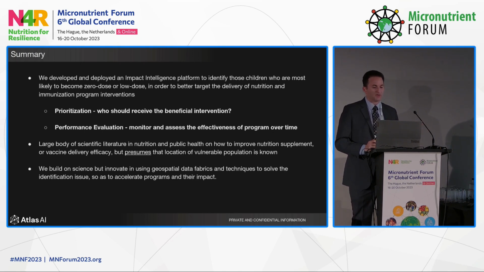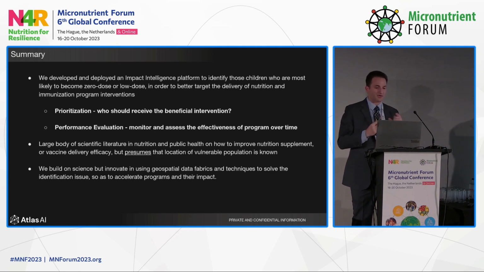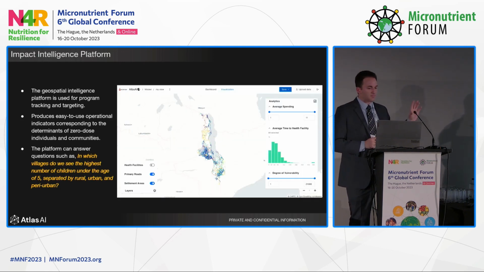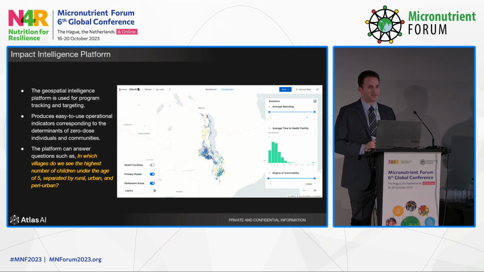So the goal was relying again on literature to develop an ontology with, in this case, about 20 different input data sets that combined together in order to create a proxy for vulnerability at the village level across a number of countries and theoretically scalable to every country in Nutrition International's footprint. So the result is, again, a geospatial platform that has as its unit of analysis the human settlement.